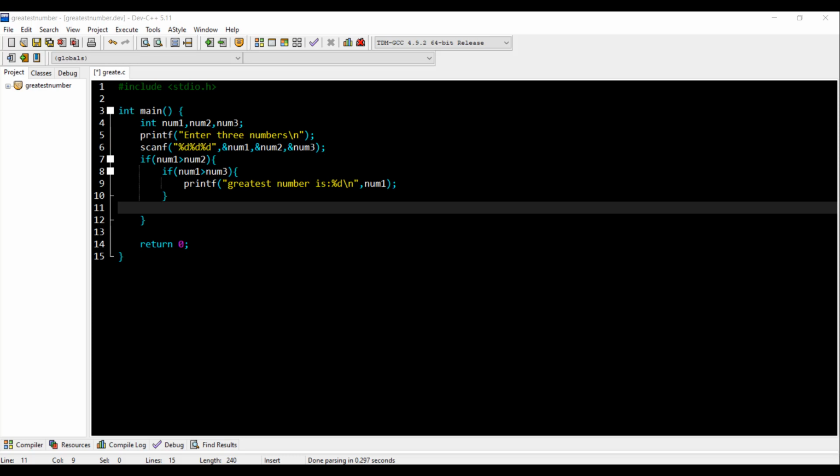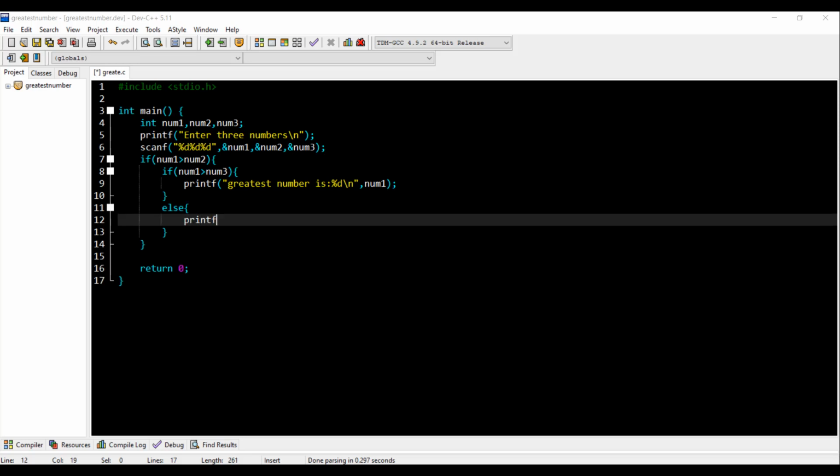Else, num1 is greater than num2, and if num1 is not greater than num3, it means num3 is greatest. Okay, then we write for num3: printf "Test number is %d", num3. Okay,